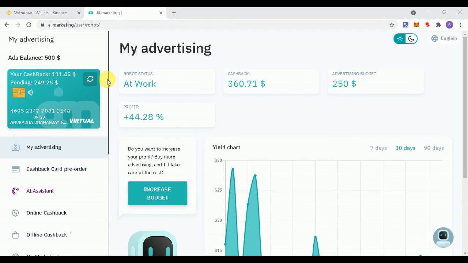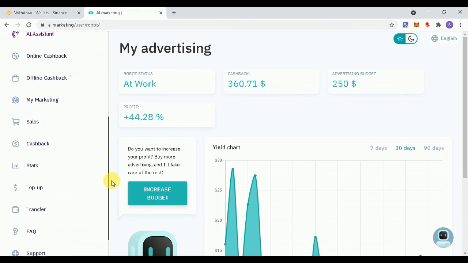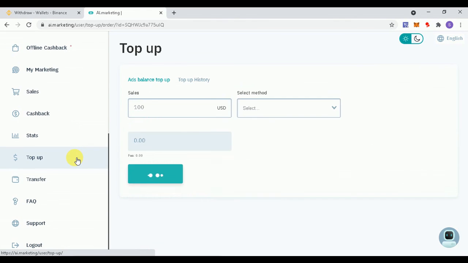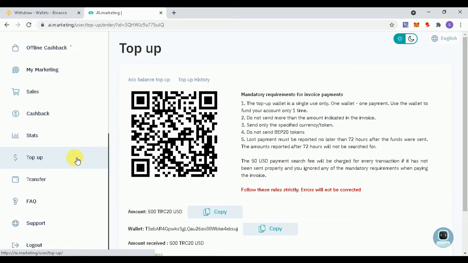So now you can see how to top up with TRC20. It is a very easy process and